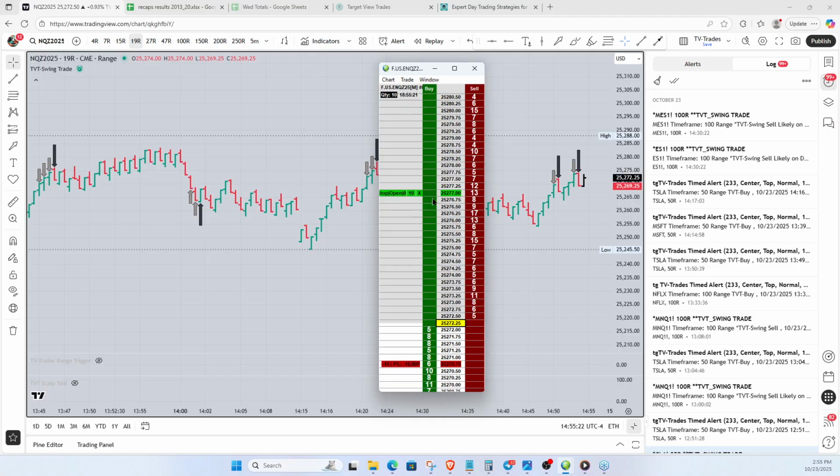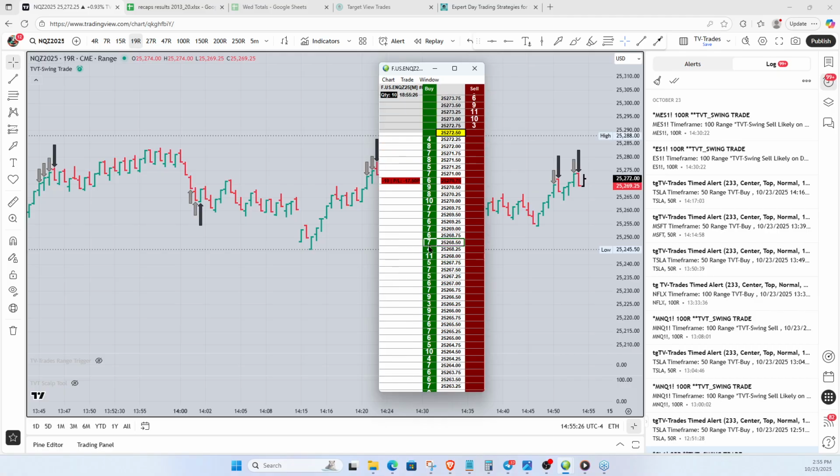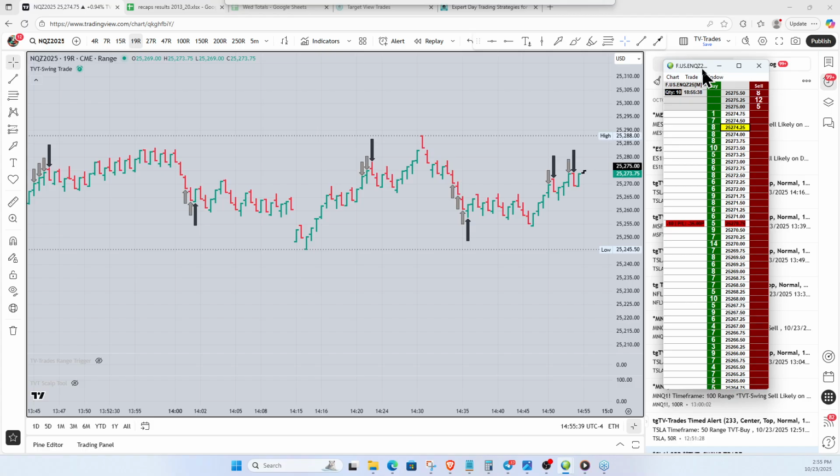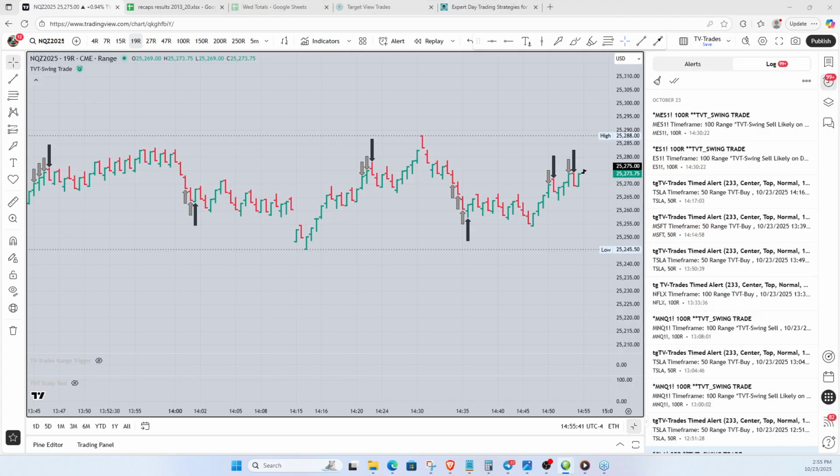Okay. So now I'm in it, my stop's 25 ticks away, and I have a 45 tick target down here. And that's what we're looking for. Okay, so my stop's going to be up above the bar that got me into the trade. And that's usually going to be plenty to keep you in the trade. Okay. So now we'll see how it works out. I'll slide it over here to the side. I'll keep you updated as far as it's working out or not.